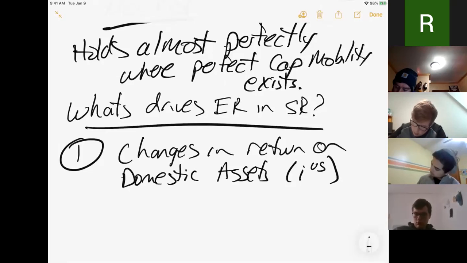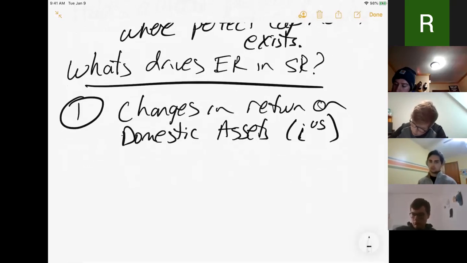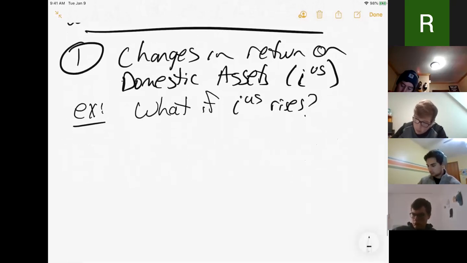First off, one of the things that's going to drive exchange rates is what's happening to the return on US assets, what's happening to US interest rates. What happens if interest rates in the US rise? Well, we can think about